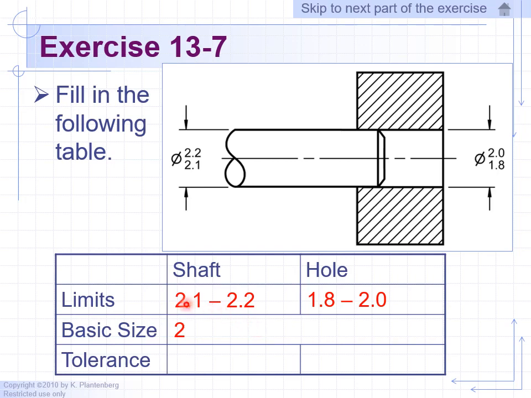Now the tolerance is just the difference. So the maximum diameter minus the smallest diameter allowed, that'll give us 0.1. Once again, subtract 2.1 from 2.2. That's the tolerance for the shaft. That's the wiggle room for the shaft. The wiggle room for the hole is just 2.0 minus 1.8, and that'll give us a tolerance of 0.2 for